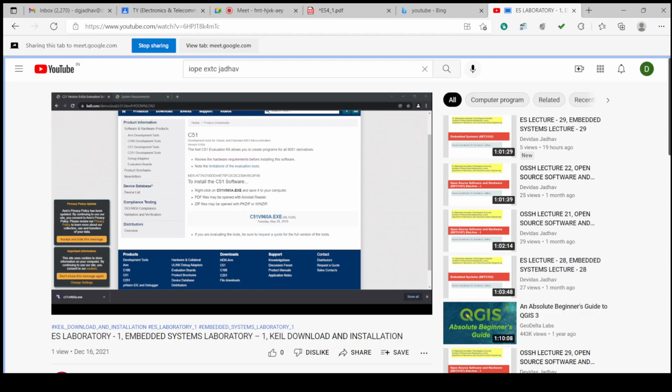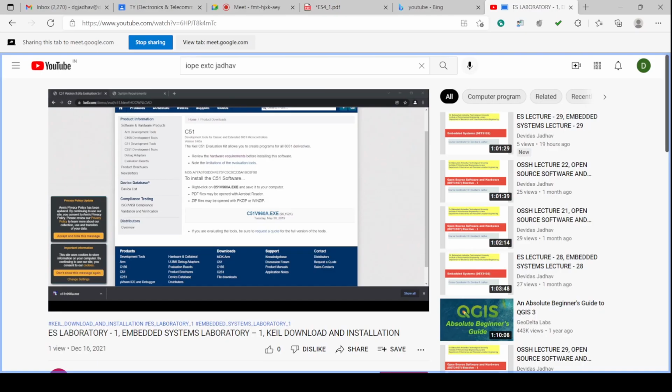So these are the release notes. Release notes are there. Release note C51 8051 development toolkits.